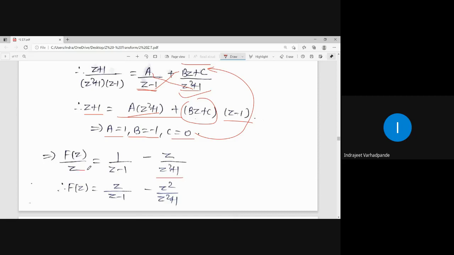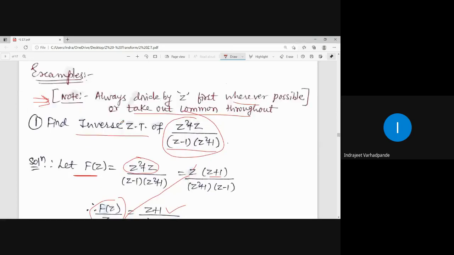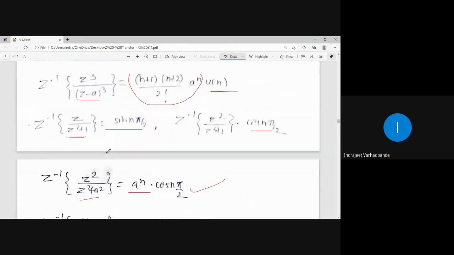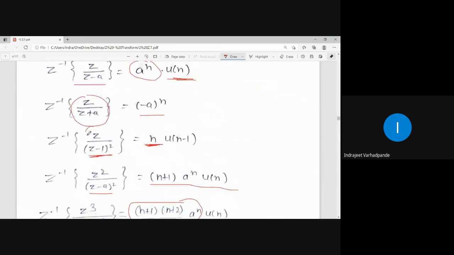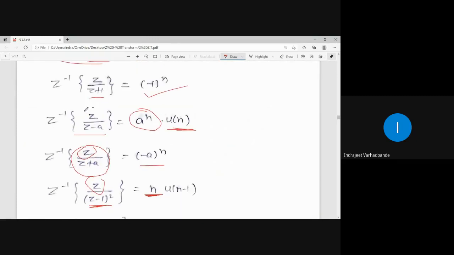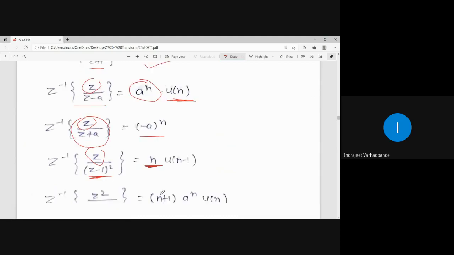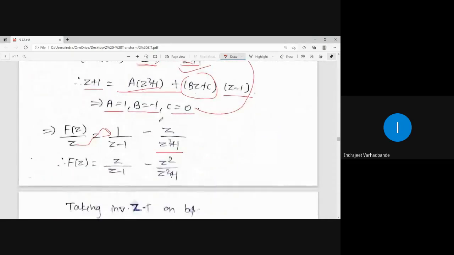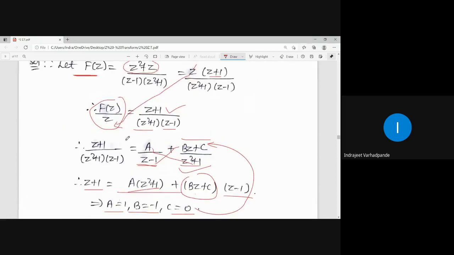Now I cross multiply by this z, because if you observe minutely in every z transform inverse table, यहाँ पर आपने जो भी इनवर्स का टेबल देखा हुआ है z ट्रांसफॉर्म का, everywhere in the numerator it is z, and it will be convenient for me whenever I have the terms associated in such manner. So in this case मैंने वो पहले z क्यों कॉमन निकाला था, क्योंकि अभी मुझे उसके साथ क्रॉस मल्टीप्लीकेशन करना है. सो f of z upon z, this is the original term.